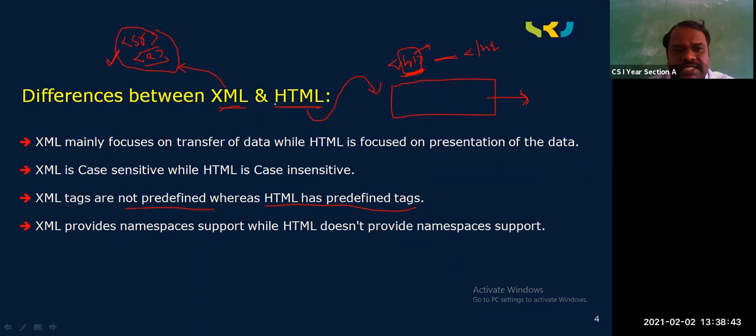And in an HTML document, the tags are case insensitive. What is meant by case insensitive and what is meant by case sensitive? See here, when you write an HTML tag, can I write all lowercase letters? Yes, sir.